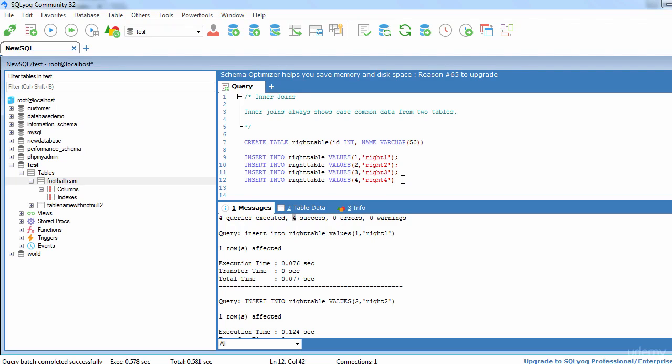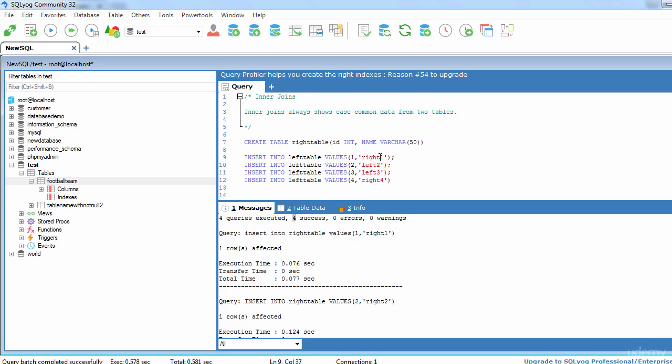Now in a similar fashion we are going to insert some data in the left table. In place of right, let's write left, and here we are going to keep 2 and 3 common, but the name will be left.